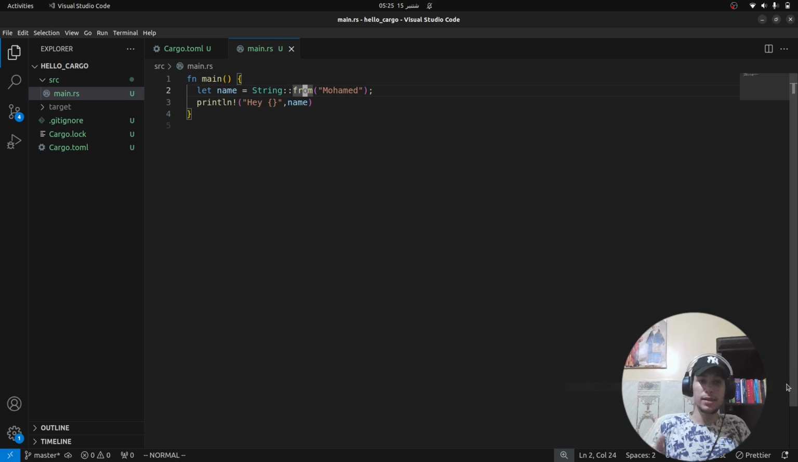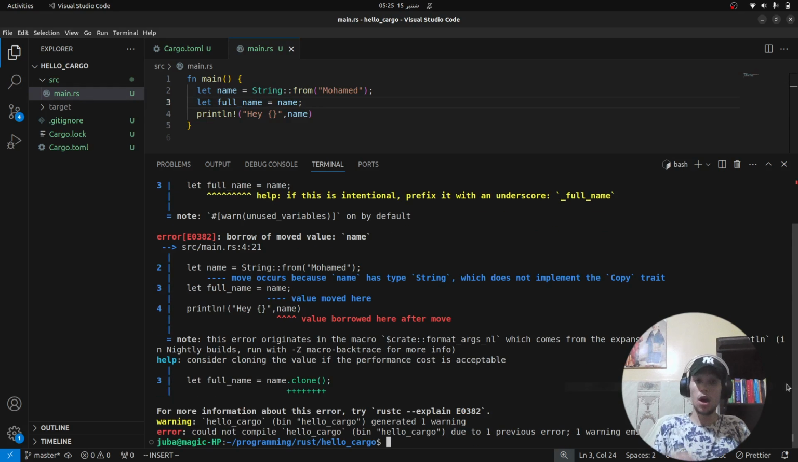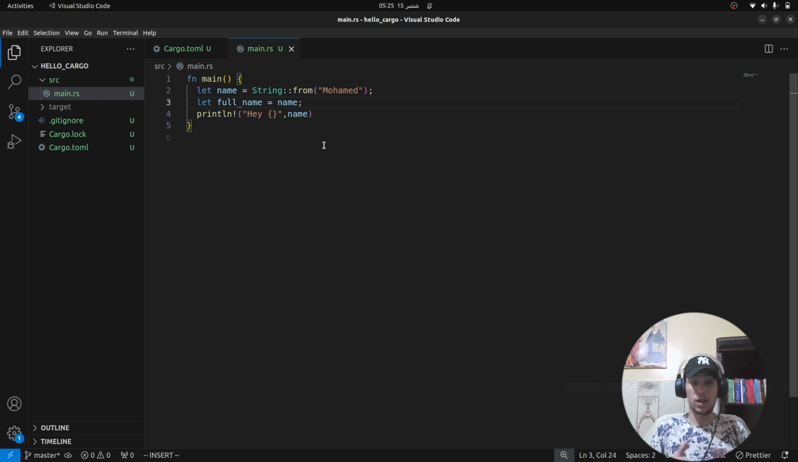if we try to assign this variable to another variable, in other languages you can just copy the variable into another variable. Let's do let full name equals name. We assign a variable to another variable. This is simple, it should work. Let's run it. Oh, it didn't work. Why didn't it work? It didn't work because in Rust we have what's called ownership. Not for every variable, but for the strings and variables that live in the heap,